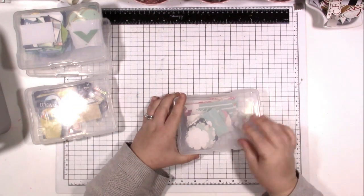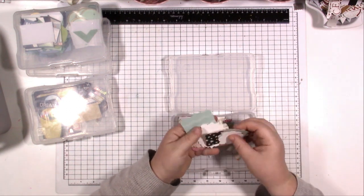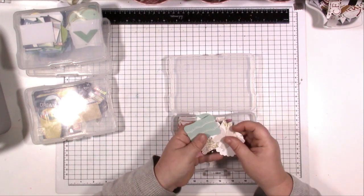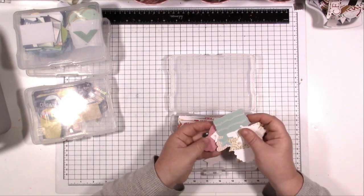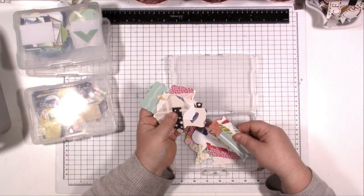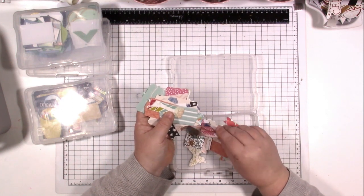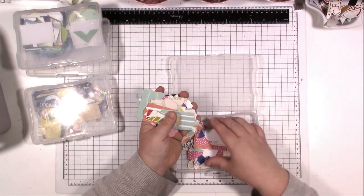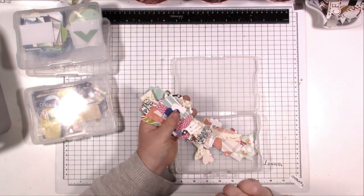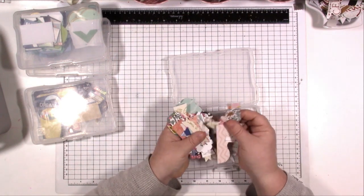And I can't even remember where I've gotten some of this stuff. Some of this was hand-me-down, some of it was clearance, and I am so guilty of buying something, convincing myself because it's on sale that I need it. I'm so bad at that. So bad at that. All right, so these are all scrap die cuts, and they're all shapes that I don't use very often. This is from when I was an early scrapper, and I was just like, oh, I have to punch out all the scraps, which I'm totally for. I think it is super important to utilize every piece that you can. But,